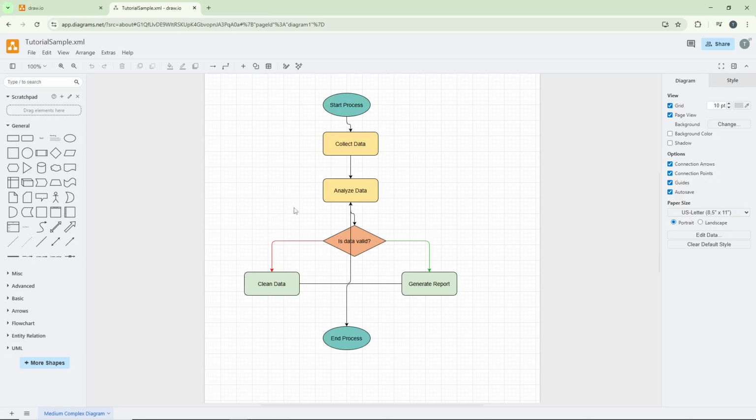After clicking Start, you'll be directed to a new tab where the Draw.io workspace opens up. This is where all the magic happens, giving you access to a blank canvas or your existing diagrams. You'll see various tools and options laid out across the interface, ready for you to start creating and editing your